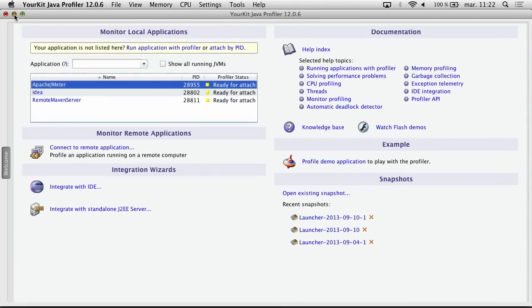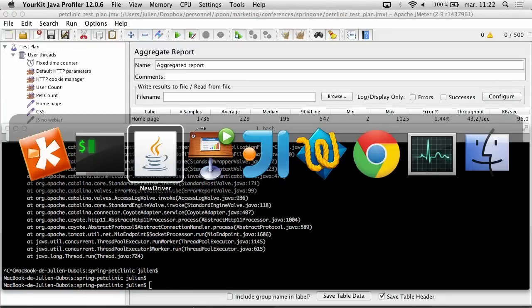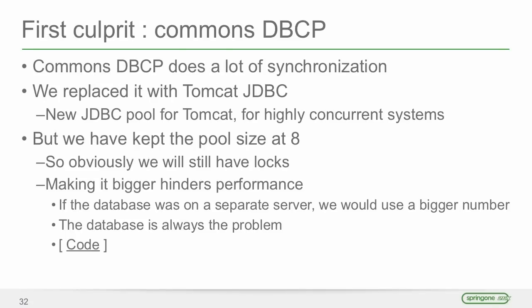I'm closing the session. I've got a little slide for that, sorry. So my first culprit is Commons DBCP. It's doing a lot of synchronization, and we have replaced it with Tomcat JDBC, which is a new connection pool for Tomcat. It was developed at the time by Mark Thomas, who was working at SpringSource, but it's an Apache project. It's designed for highly concurrent systems, so exactly for what we are doing. It's an official Tomcat JDBC connection pool, by the way, so there's really no excuse